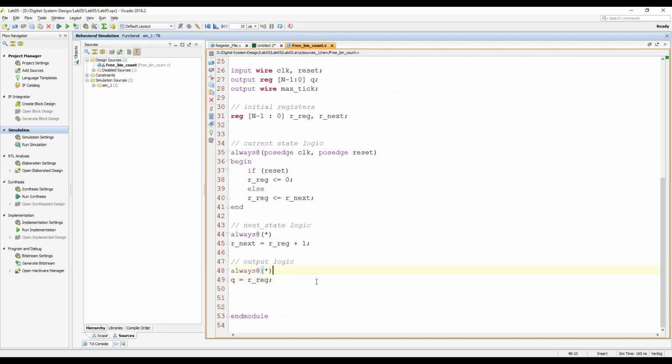So if I'm going to define the max tick here, I can do it here. So let's try to do max tick here. So let's say wire, and if I say max tick here, I need to put begin.